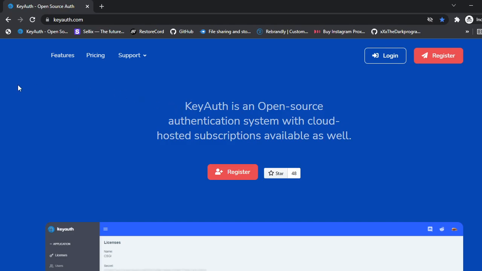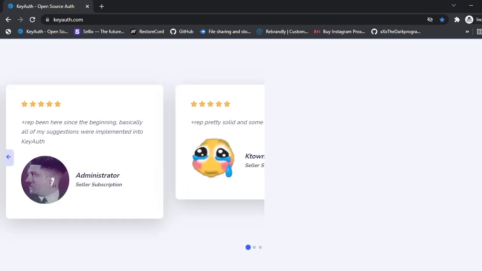I'm basically going to be covering every single thing that I possibly can in regards of this auth, just because this is probably the best auth that you will ever find, and it will be highly recommended for anything that you decide to make. So coming into it, once you come to keyauth.com,